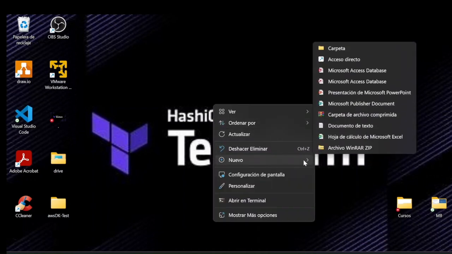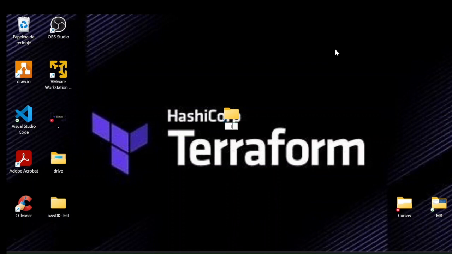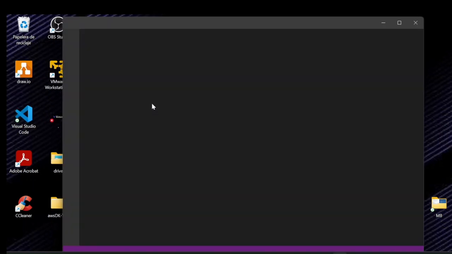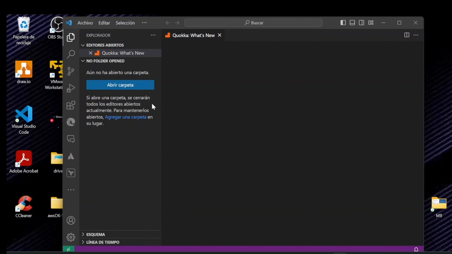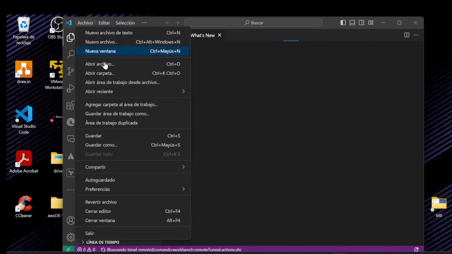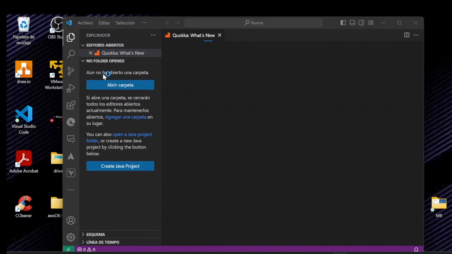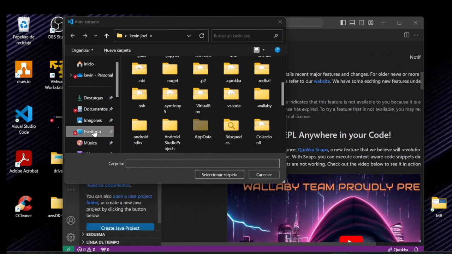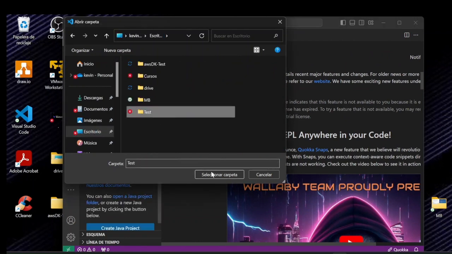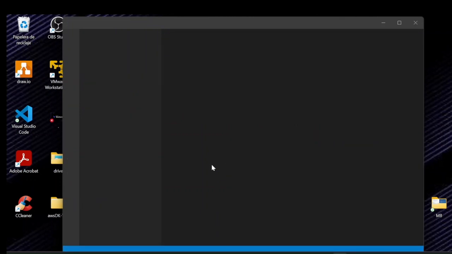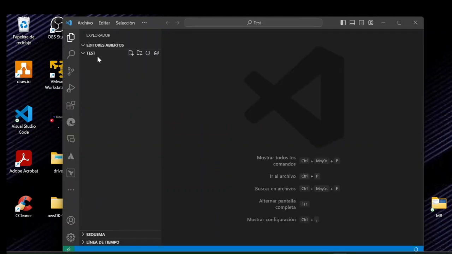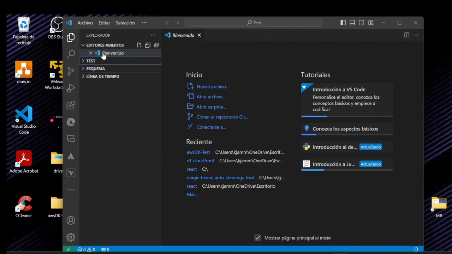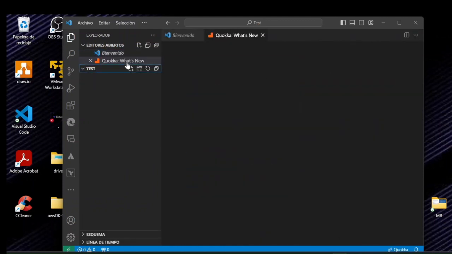To do this demo, we need to create a new folder to create a new project. We can call it test. Now we need to open Visual Studio Code, and we need to look for the folder we created. Once we open the folder, we need to create a new file. We can call it, for example, main.tf, tf for Terraform,